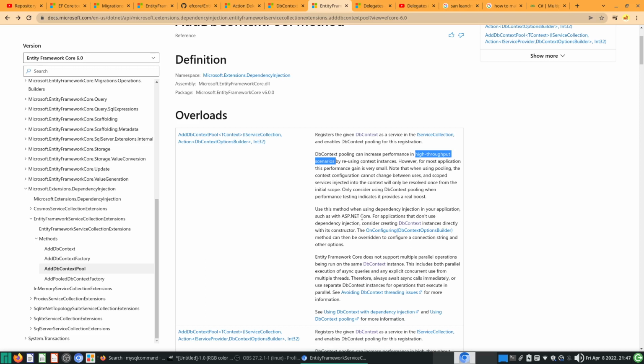So this DbContext, it says here, scoped services injected into the context will be only resolved once from the initial scope. So it sounds like somewhere between a singleton and a scoped service. So this is what DbContextPool does. The cons of this is that, okay, the context configuration cannot change between users. So that means